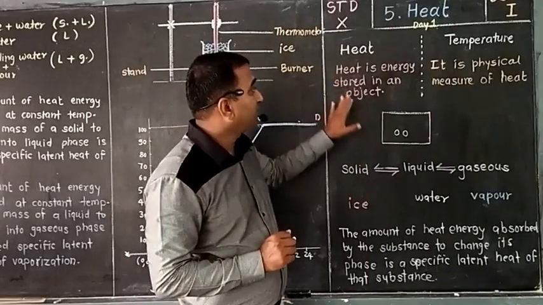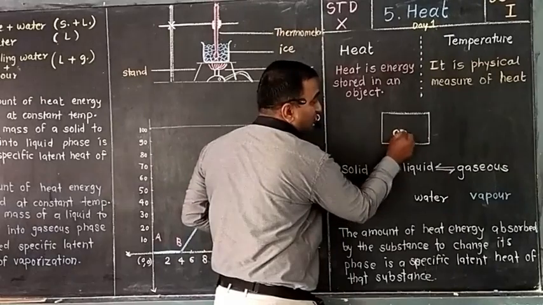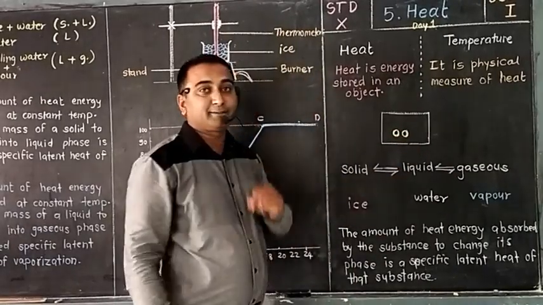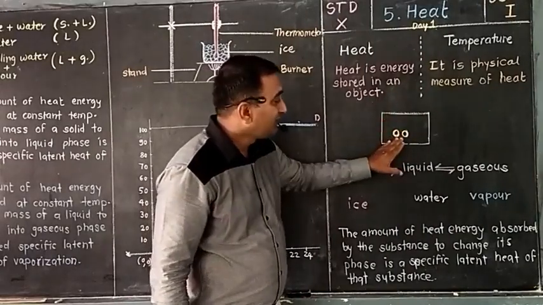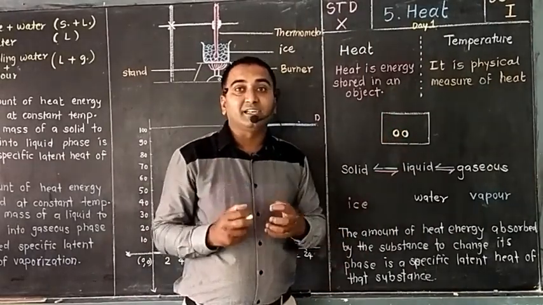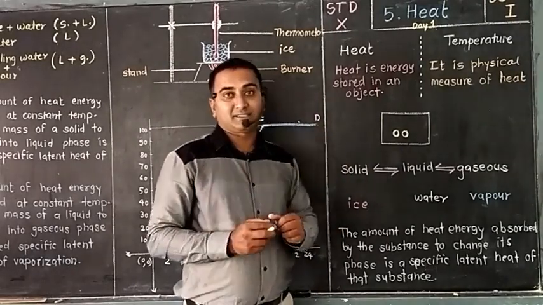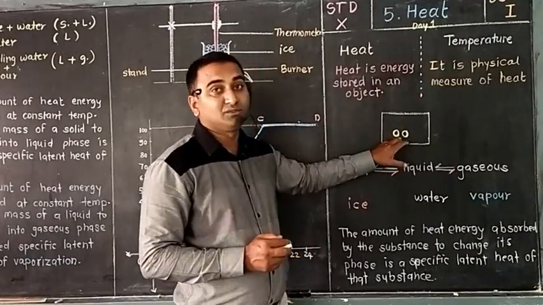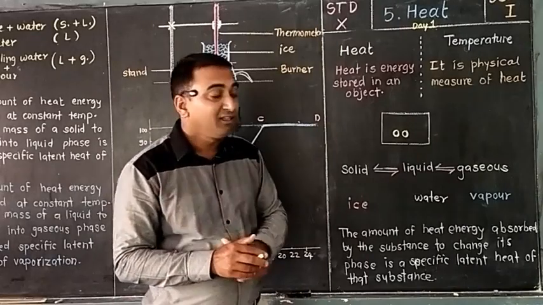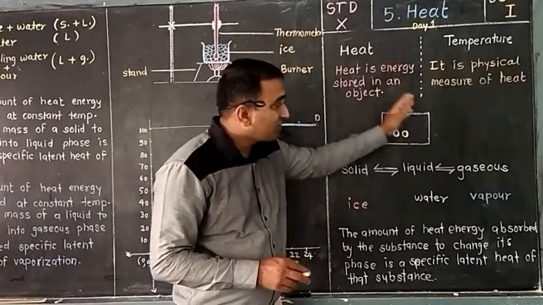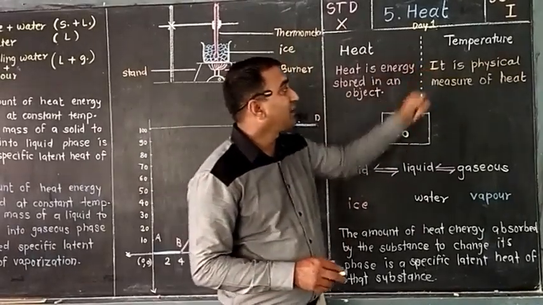But what happens because of this energy? See, this is an object within which there are two molecules, considered for understanding. If you provide heat to this object, then this molecule will absorb the heat, and as it absorbs the heat, its vibration starts to increase. That means it starts to move. As it is moving, definitely it has kinetic energy. Then the average kinetic energy of all such particles is nothing but what? Temperature.